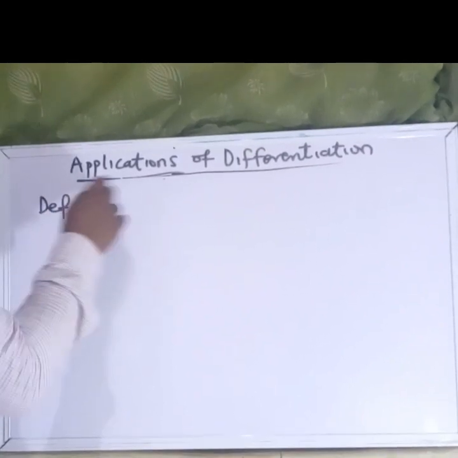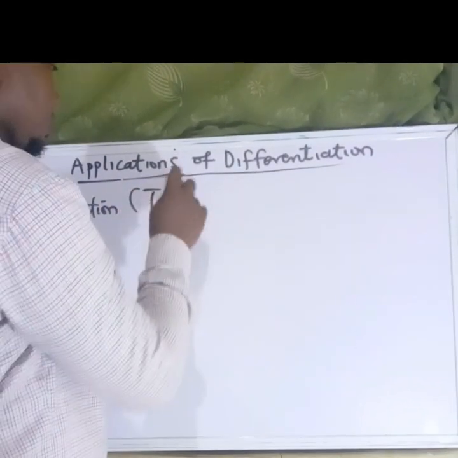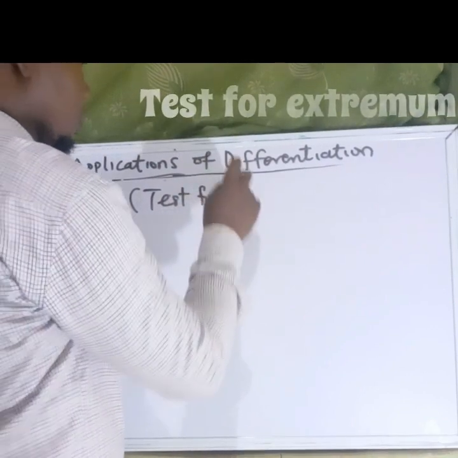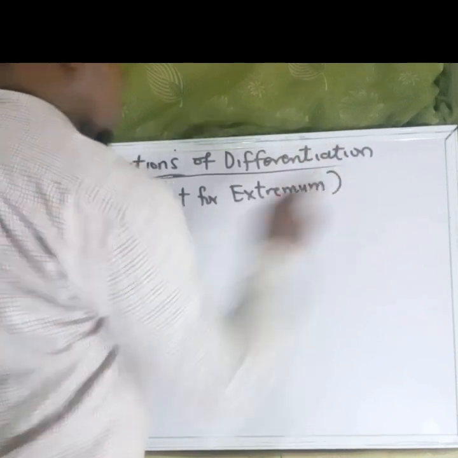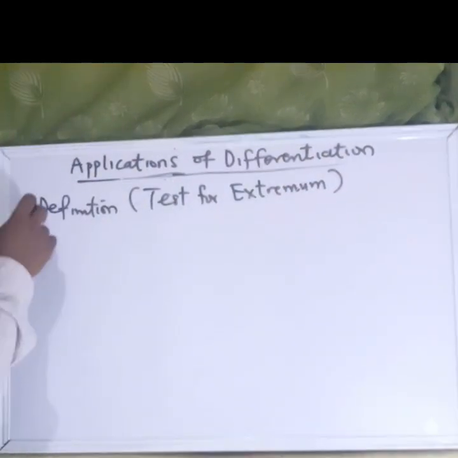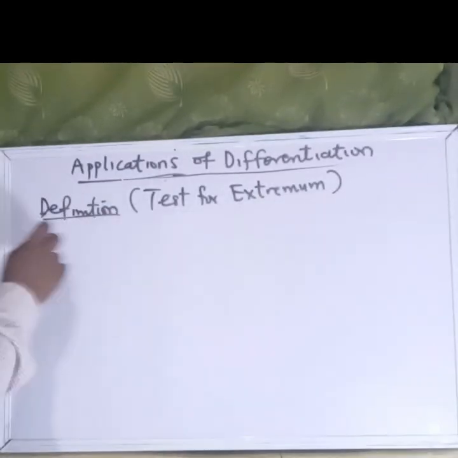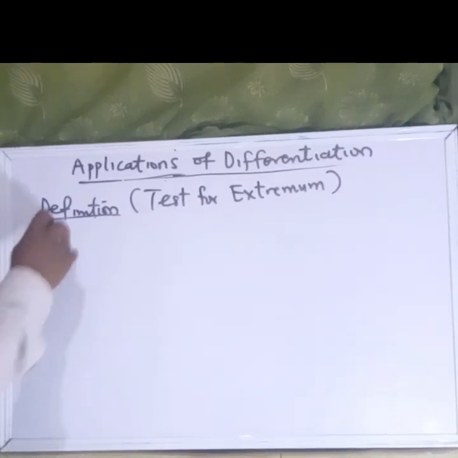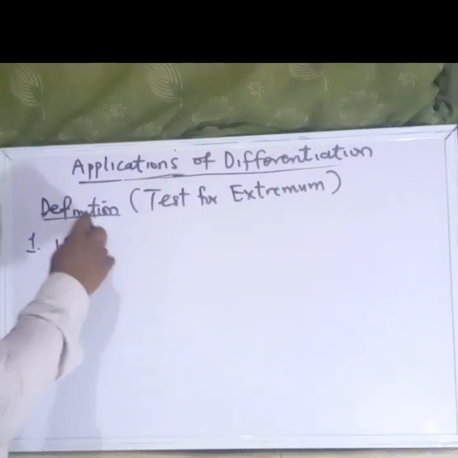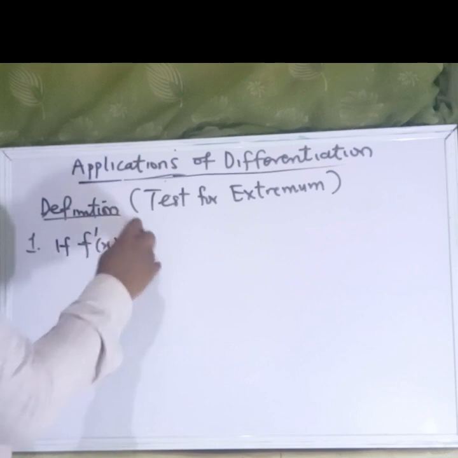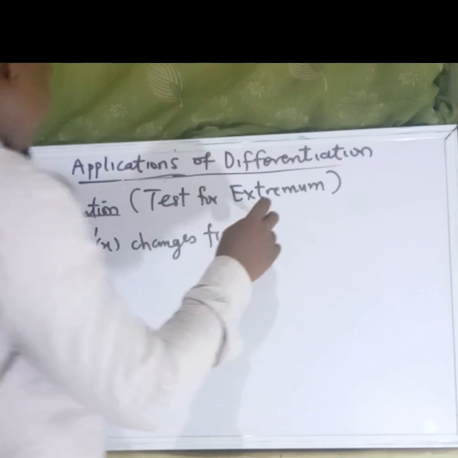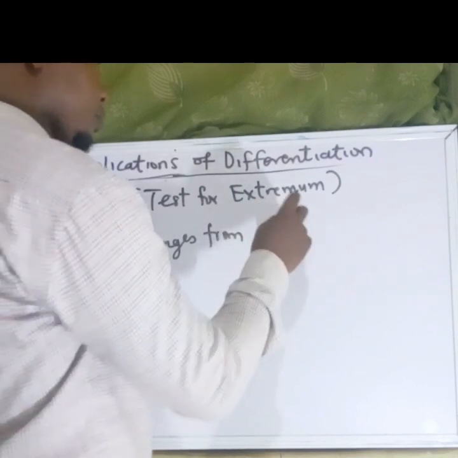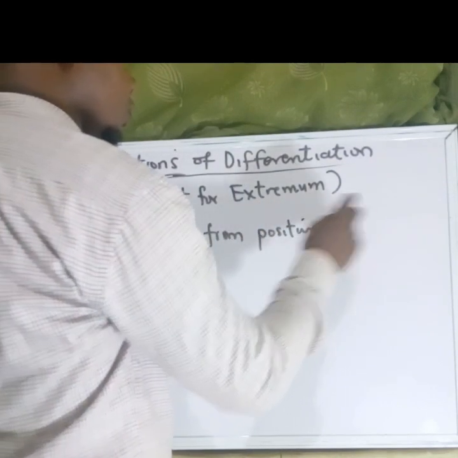Okay, so now we want to define the maximum and minimum test for extremal. Okay, so here we define three terms. Okay, so if f prime of x changes from positive to negative